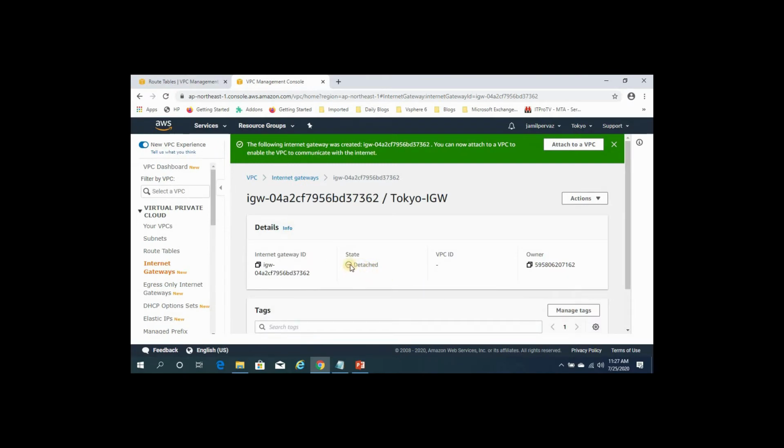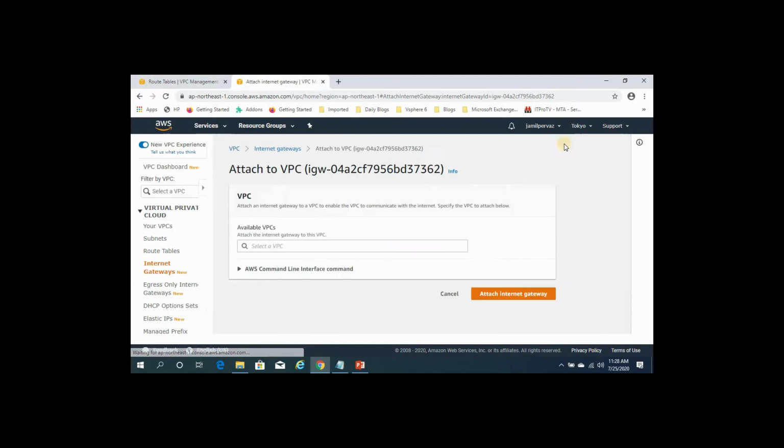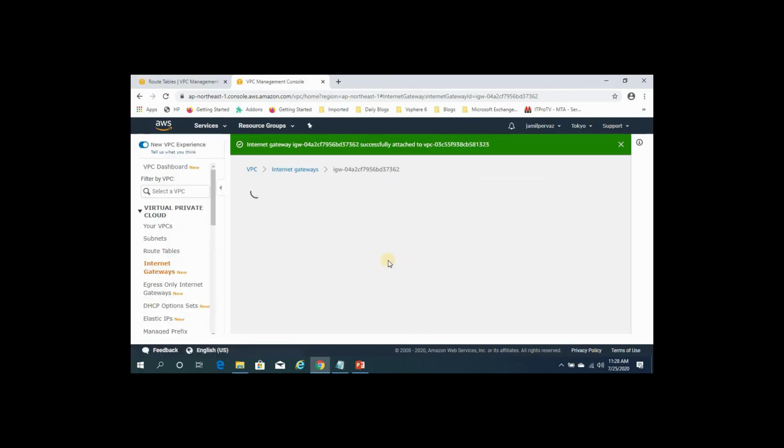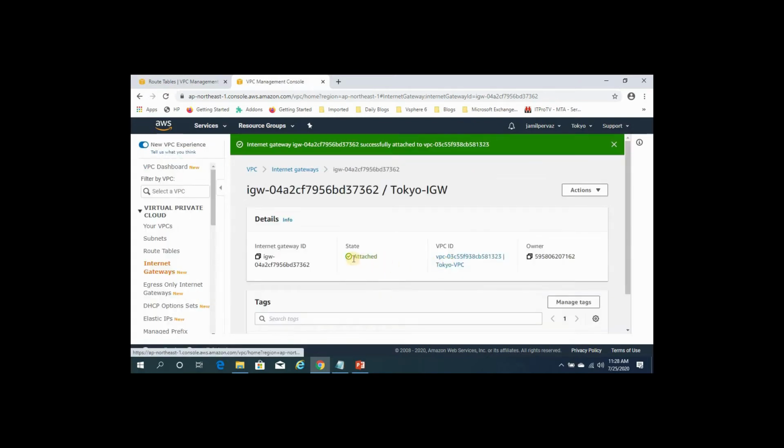It's in a detached state, so we need to attach it to our Tokyo VPC. Click on attach to a VPC. Here you need to select Tokyo VPC. Click on attach internet gateway. So now our internet gateway is successfully attached to our Tokyo VPC.